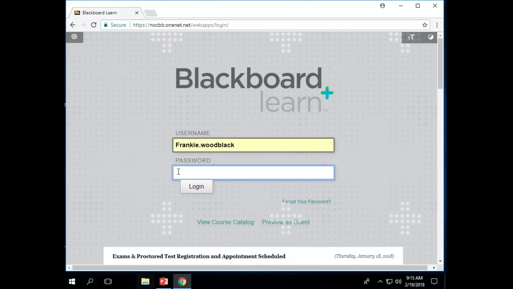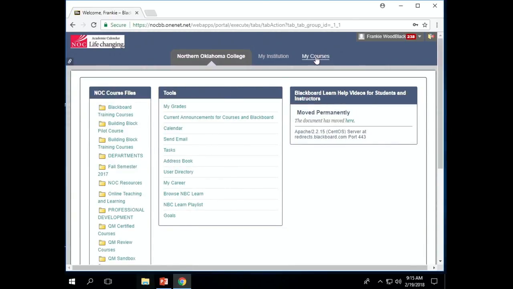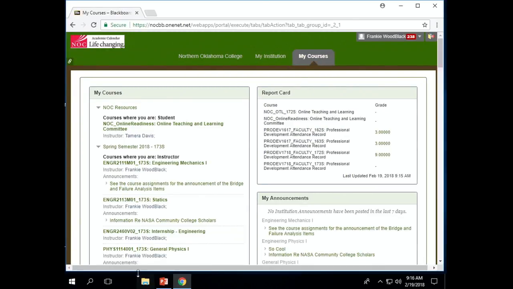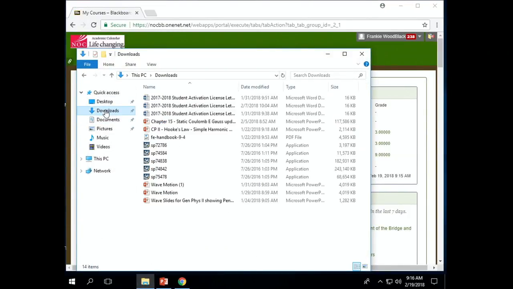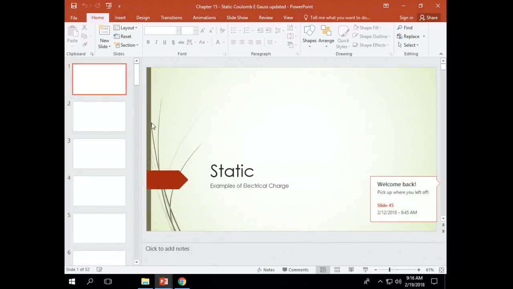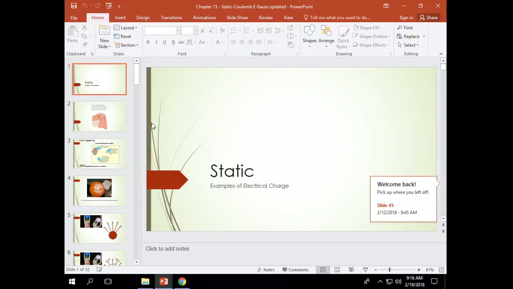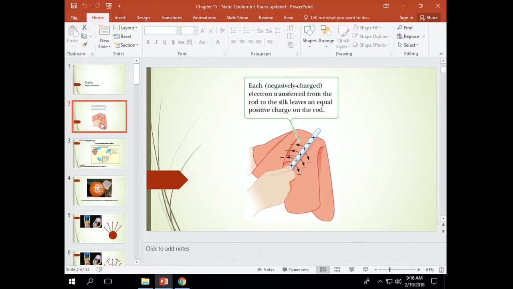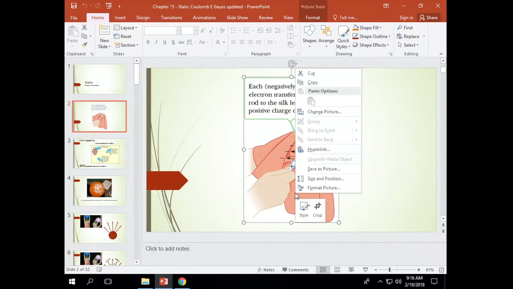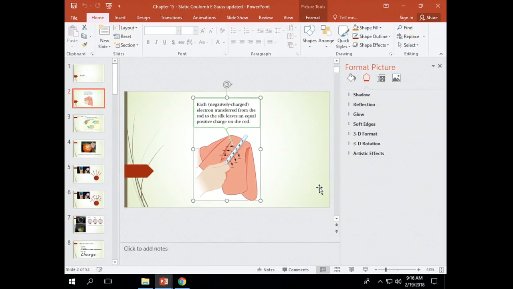So let me go here. My courses, let me go over here first. If I go in here and go to downloads, here's the last PowerPoint that I had up on the slides. And if I go over here, there's a picture on the PowerPoint. If I right click on the picture, I say format picture. All of the slides now, for each individual picture that you see on the slide, should now have a written